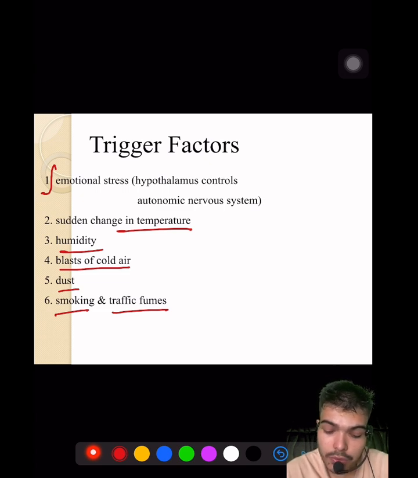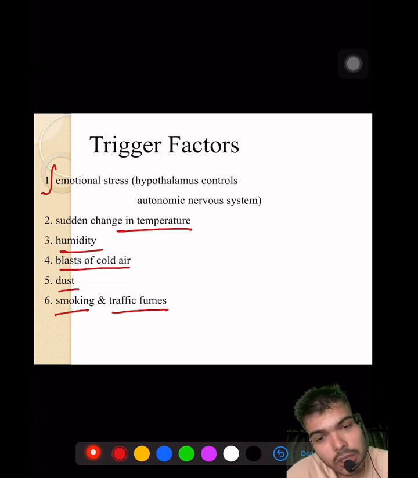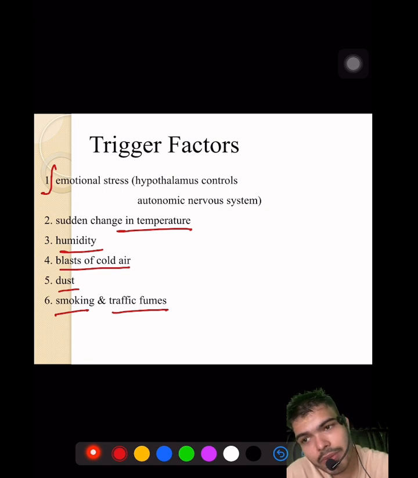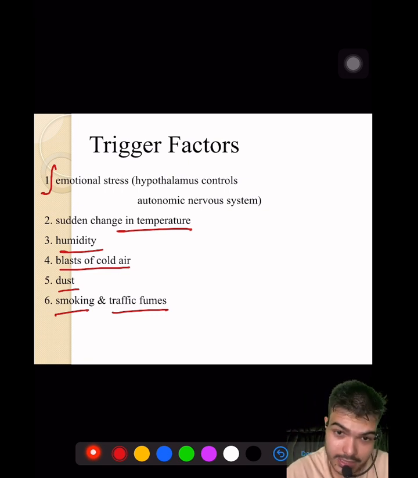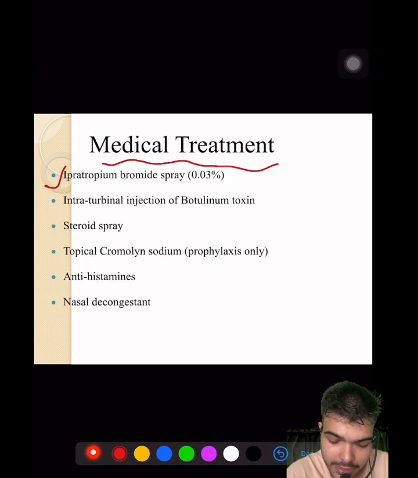Now, how are you going to go for medical treatment? First, you'll go for ipratropium bromide spray, right? It is an anticholinergic. You are having a parasympathetic reaction, so give drugs which are anti-parasympathetic. That is basically anticholinergics, isn't it? So, ipratropium bromide spray can be given. You can also